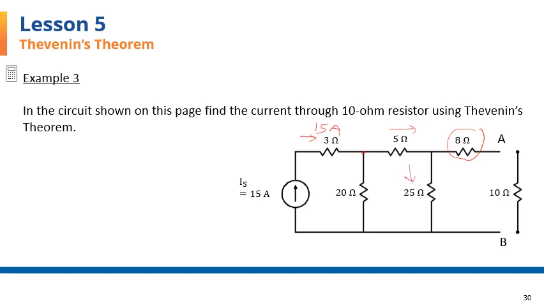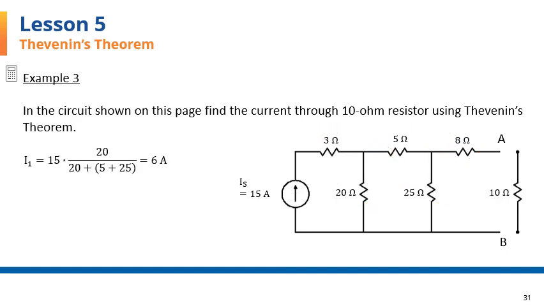So we have a pair of parallel resistors, a 20 ohm and a 30 ohm, the 30 being the sum of 25 and 5, and the 15 amp current is going to be divided between those two. I'm interested in the current that goes into this branch,